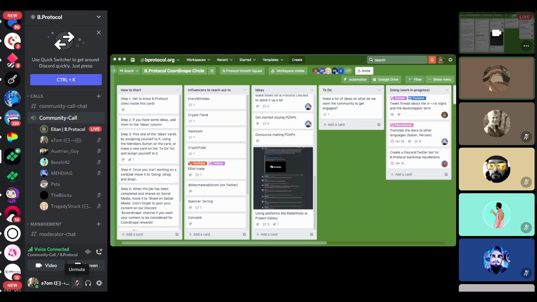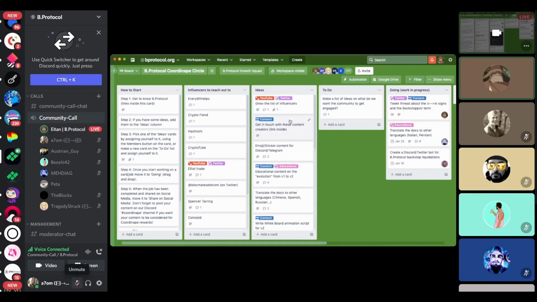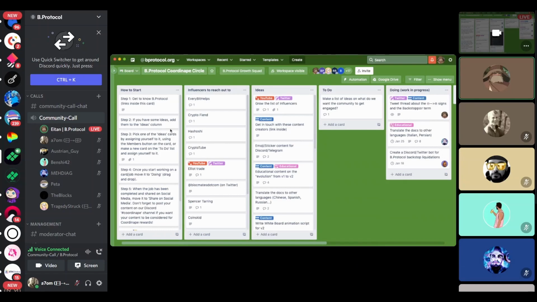Basically, there's a list of ideas, and every card here is something you can both share and work on. Can you see me scrolling through that? I'm not able to see the shared screen. Yeah, we can see it.